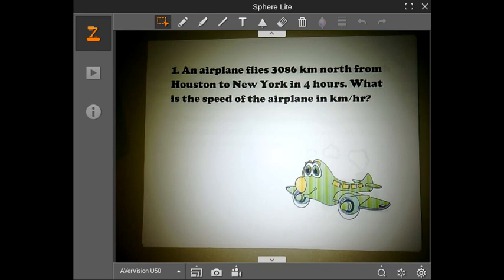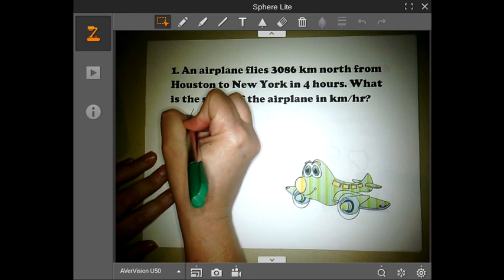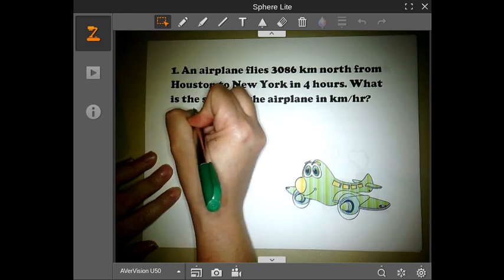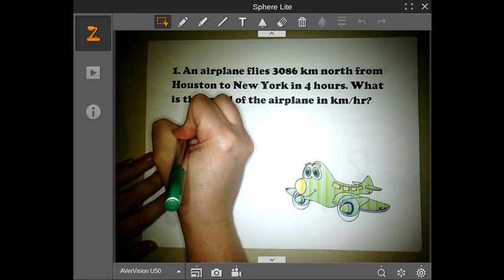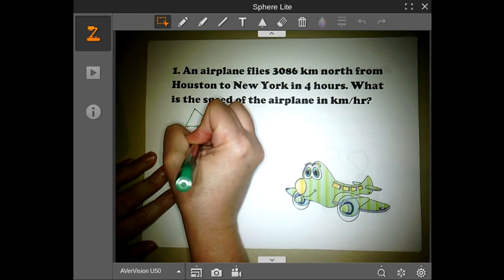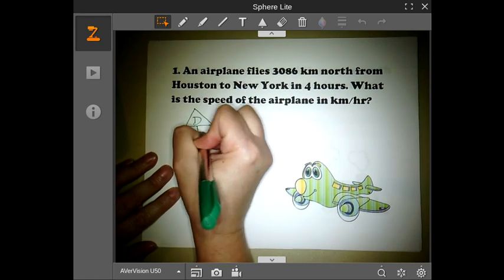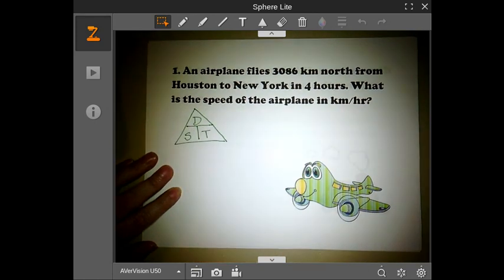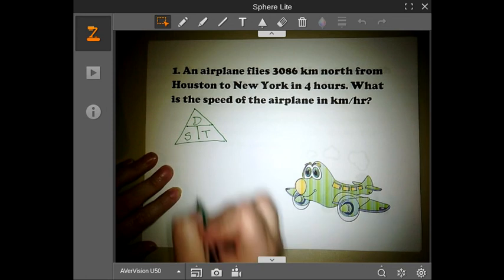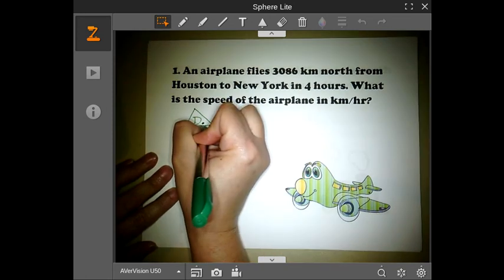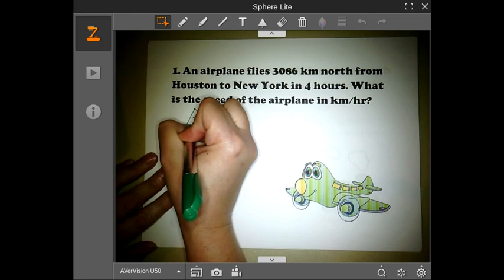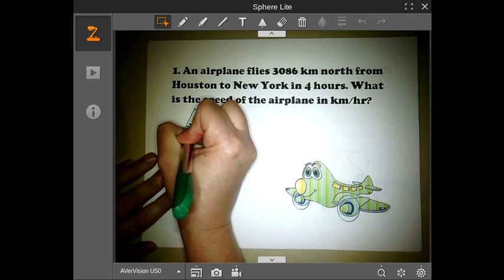So the first thing we're going to do is draw in the speed triangle. This is a math triangle just like the force triangle was, so it's split up the exact same way. You have speed here, distance, and time. Now, you know from the previous triangles that we've used that there has to be divide symbols between these two